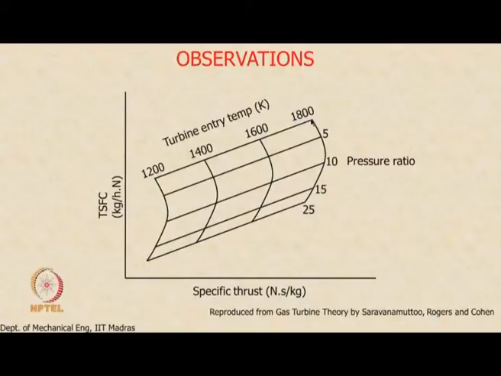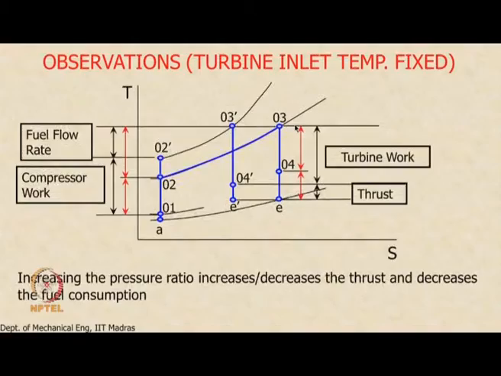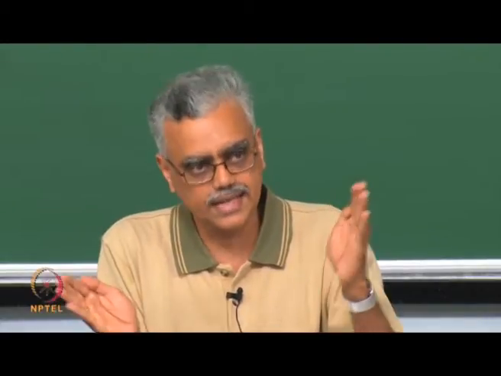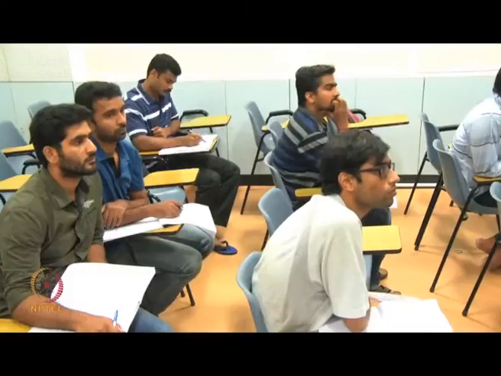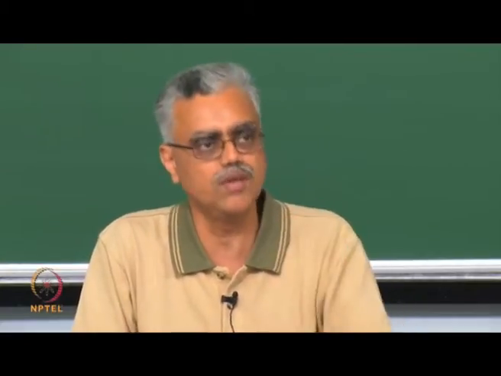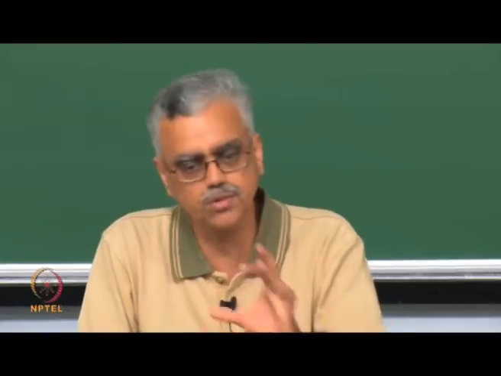As we go from smaller, see the graph also, if you look at the graph, it starts from low pressure ratios and keeps increasing, which means that for the baseline case, this 3 will be over here and the next one will be over here. So, the two curves will be quite far apart. We are starting from very low values of pressure ratio and then increasing it. Which is why initially, because of the way the isobars are, there can actually be a slight increase in thrust, but then it will begin to decrease as you go to reasonable values of pressure ratio. That is just the way the diagram and the isobars are.